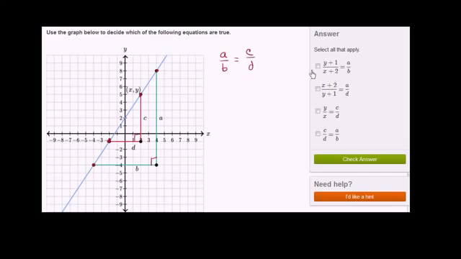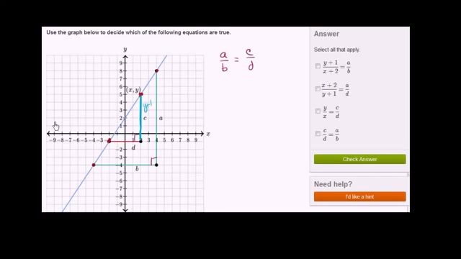Now let's work through some of this other stuff right over here. So they say y plus 1 over x plus 2 is equal to the ratio of A to B. Let's see if that's right. So this is the point x comma y. So what's y plus 1? Well, y plus 1 is literally the same thing as the length C right over here. Notice this height right over here is y, but then if you add 1, you get all the way down here. So this right over here is y plus 1,